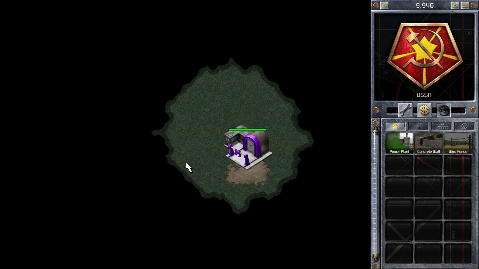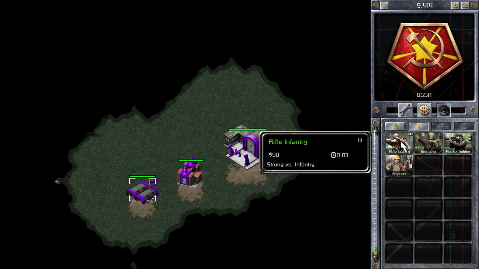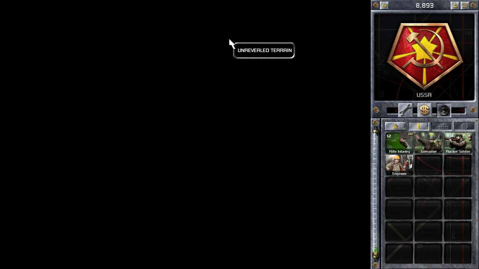In this game I'm playing a 2v2 match on the map Open Warfare. I'm starting in the bottom left position playing as the Soviets. So in this game my opponents are Voice Chat and Mobile, and on my team is a person called Stuart